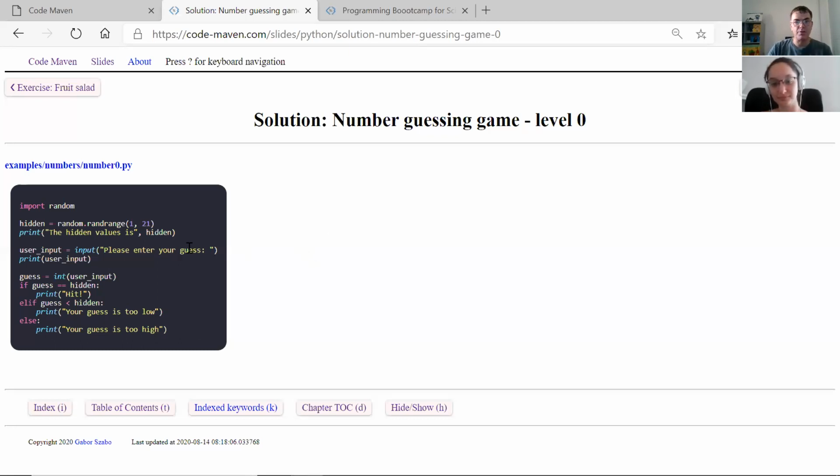That's the first level. We used the random range to generate a random integer between 1 and 21, and because of how ranges work in Python, this means it's either 1 or 2 or up till 20, so 21 is not included. I called it a hidden number because that's what the computer thinks and it doesn't tell us. Now in my actual solution, I actually print it out, so